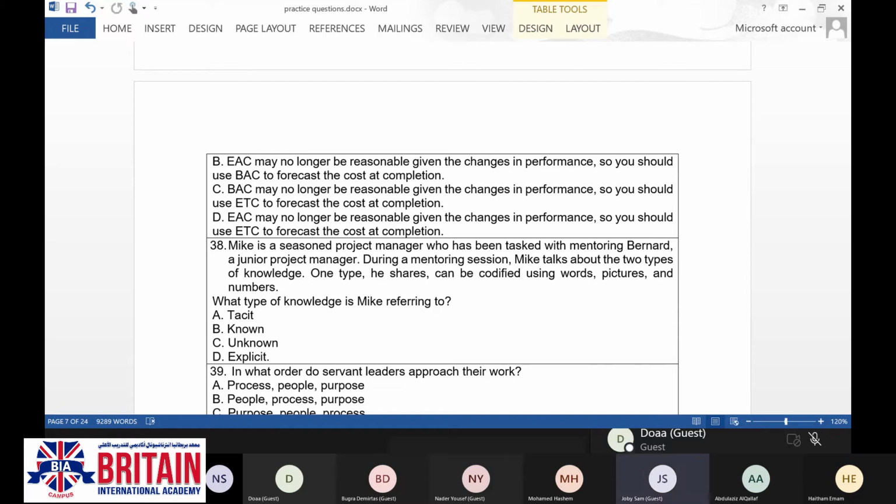It is only from his experience he can say, but a junior project manager can see it as just a task. Like hiring a tractor or a truck may not be as easy as it seems. It's just a wild example, but only an experienced project manager can say that this task may take a bit longer. It should be anticipated plus 2 more days or plus 5 more days. So that is where the tacit will come.